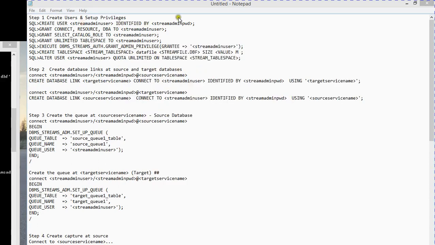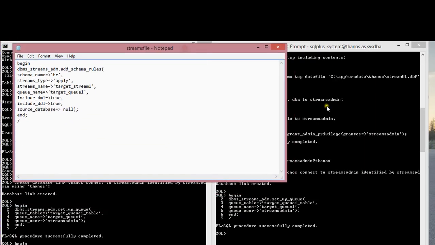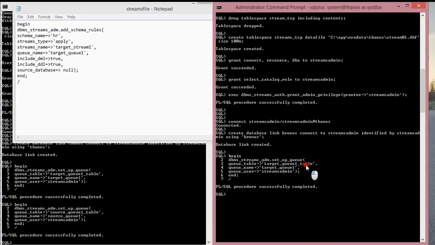Again, these are the directions that are available in my description section, and I also have this open as a reference point for what I'm doing. So let me do this again. This one is the target, right? So what I'll do now is issue BEGIN DBMS_STREAMS_ADM.ADD_SCHEMA_RULES(schema_name